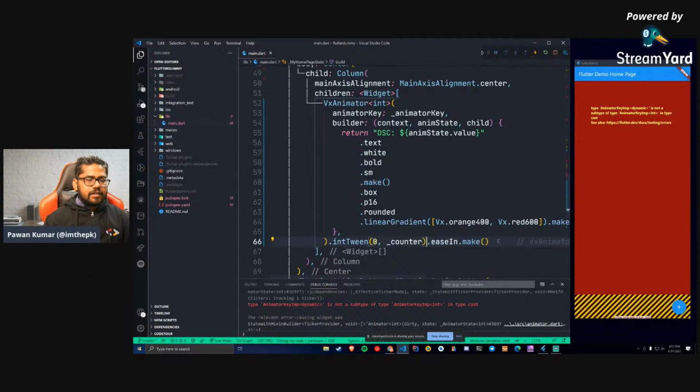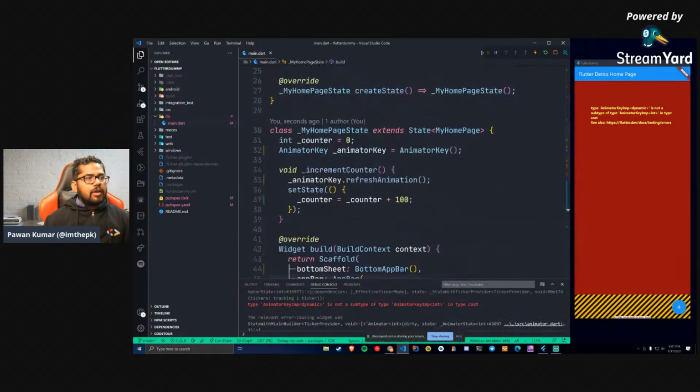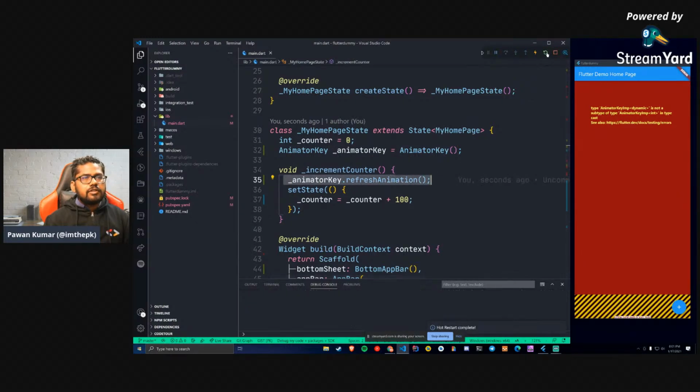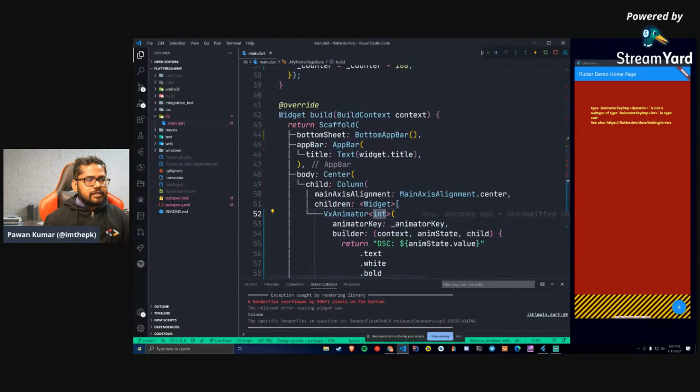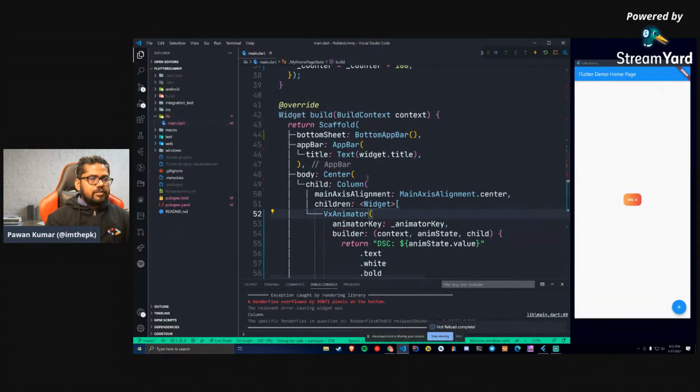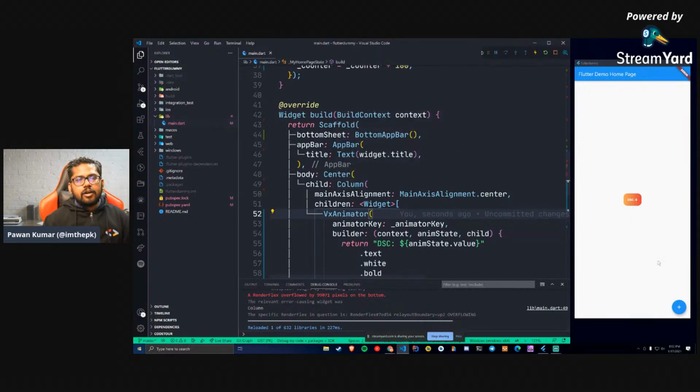One second, guys. Okay, looks fine to me. Animator key looks good. And let's do a hot restart. Okay, so it is not understanding int for some reason. Let's remove this. Okay, this is fine now.